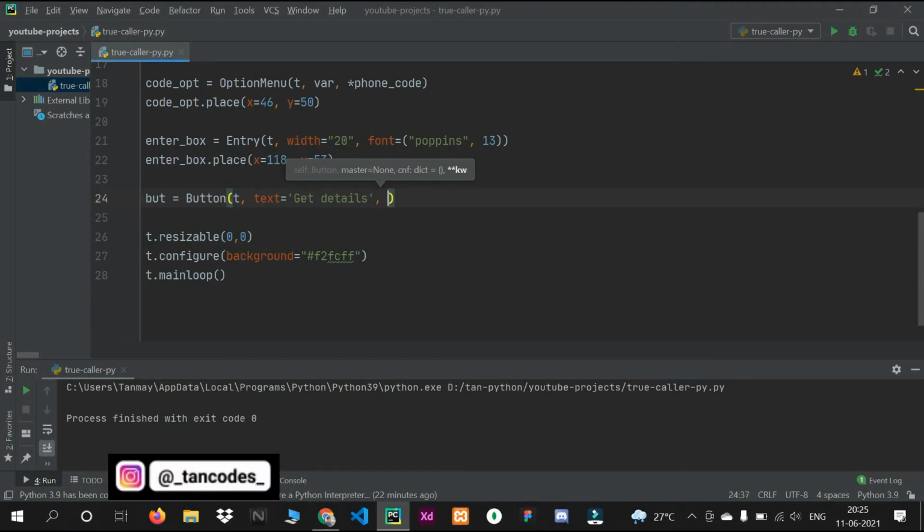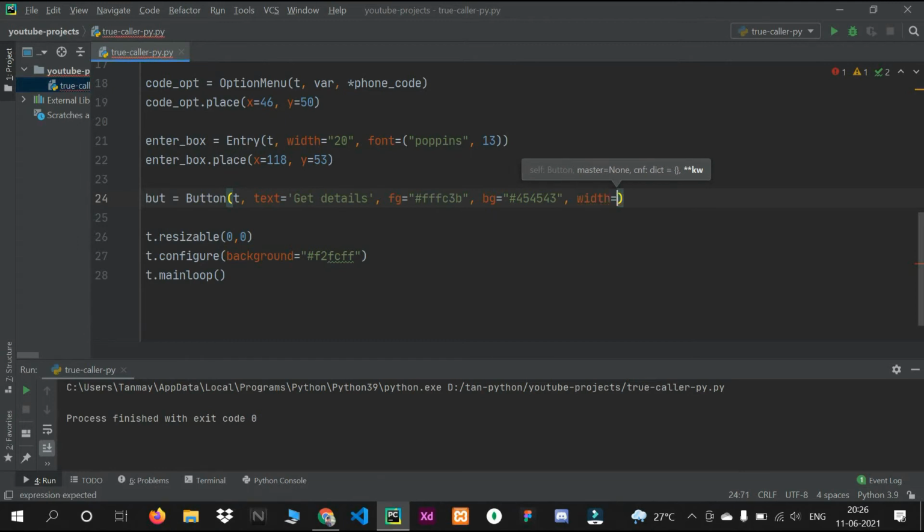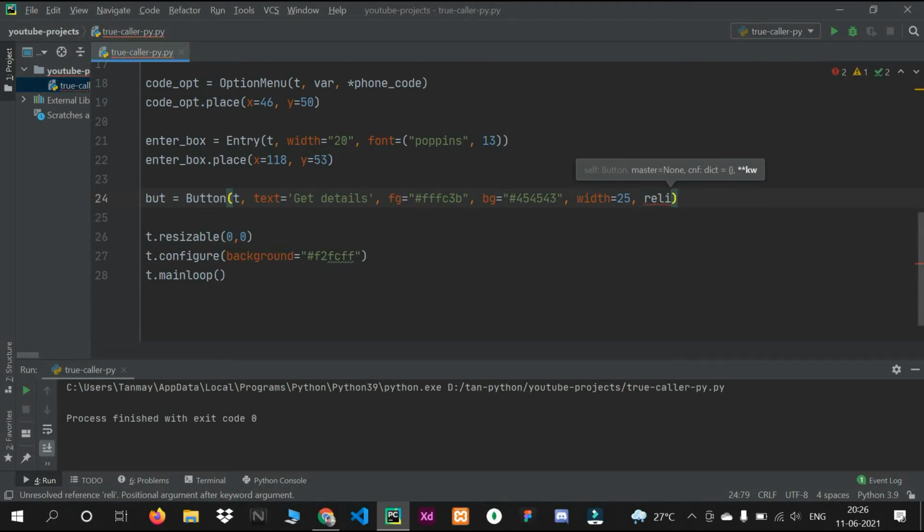You can give a font color, which will be FFFC3P, and I will give a background color also, let's say hashtag 454543, and width of 25. I will use the property relief, which is a button property.